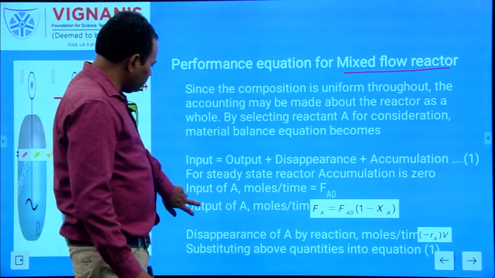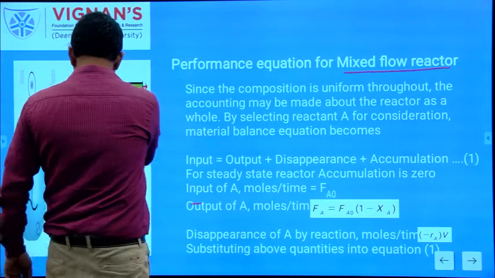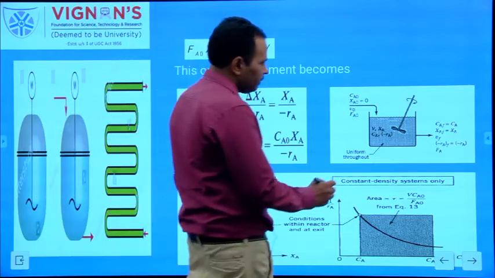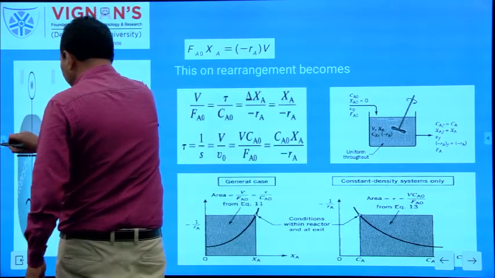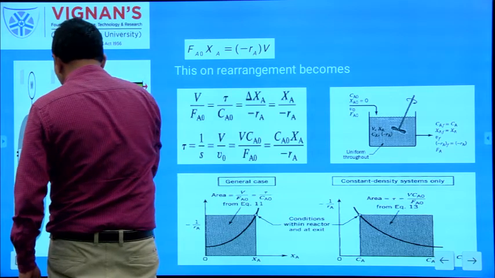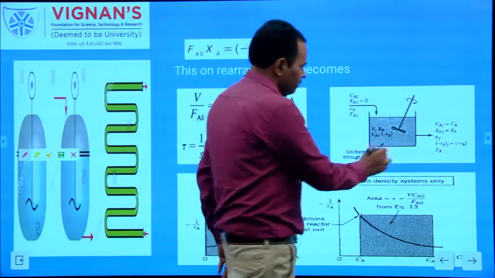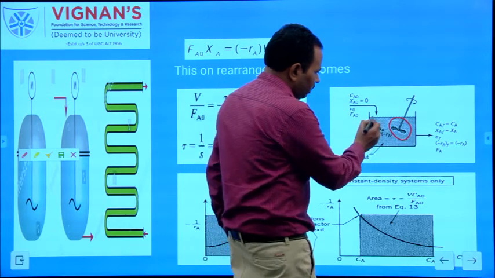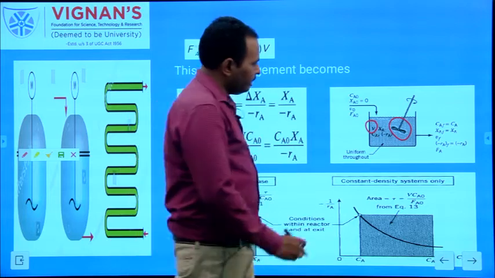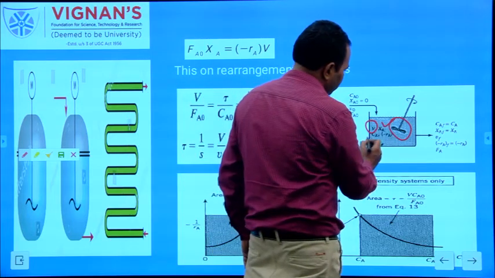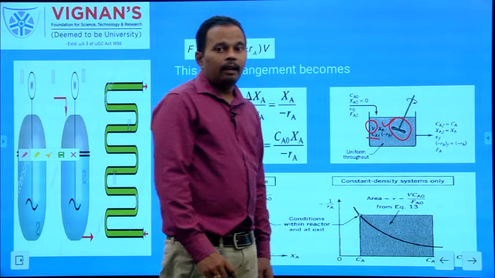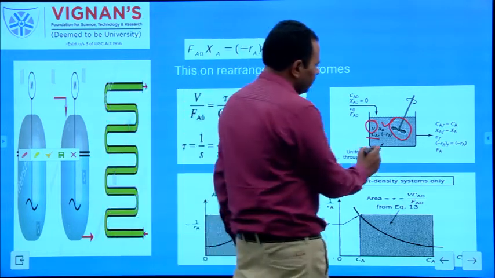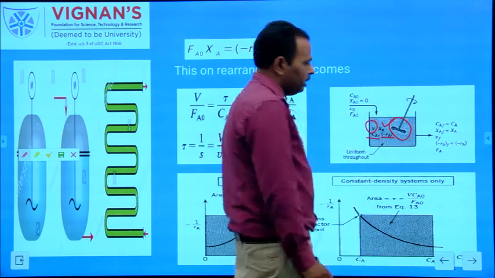Now we will go to the diagram of the MFR. This is the MFR diagram. It consists of the stirrer, and because of this we obtain highly mixed conditions within the MFR. Within the MFR we have V, the volume of the reaction mixture, XA the conversion of reactant A to the product, and CA the concentration of A left within the reaction mixture, and minus RA is the rate of disappearance of reactant within the MFR.